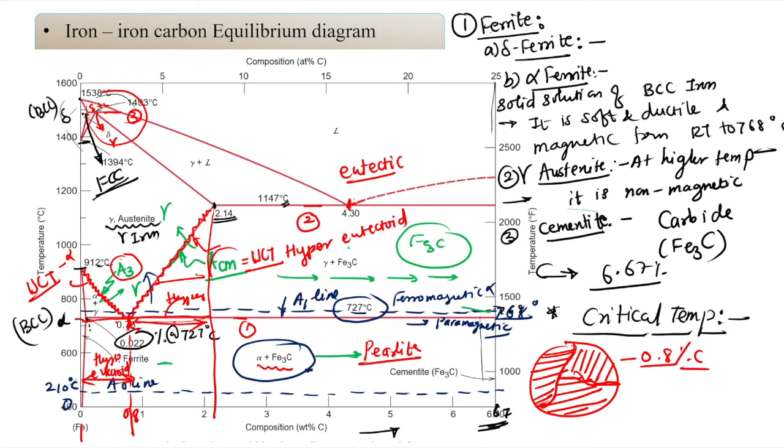Okay, so dear students, this is the very basic information about this diagram, and definitely we are going to see each and every transformation. How many transformations do we have, dear students? This peritectic is one, this eutectic is one, and this eutectoid is one. That is the three transformations. And definitely, dear students, we have seen the detailed explanation for the peritectic reaction. So definitely the peritectic reaction happens in the same fashion that we have explained.